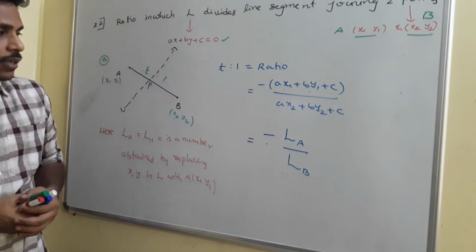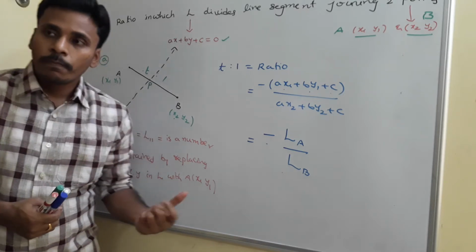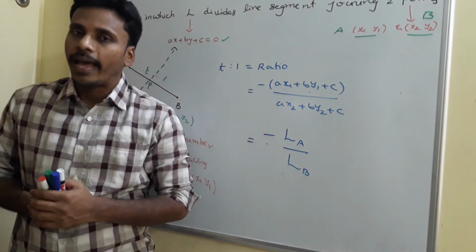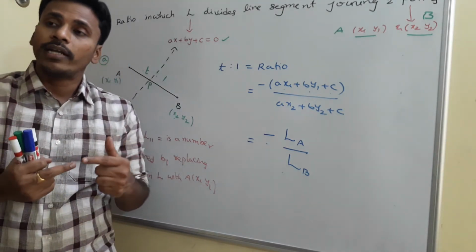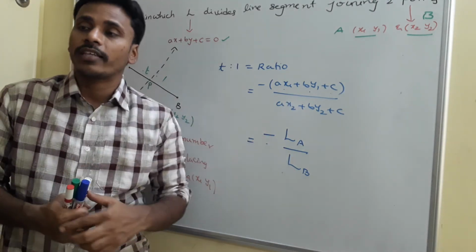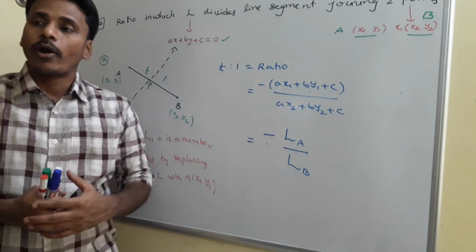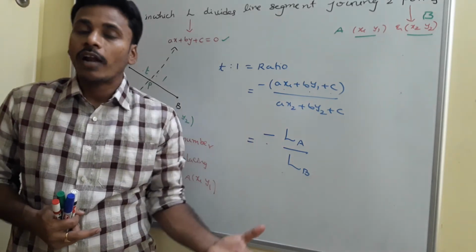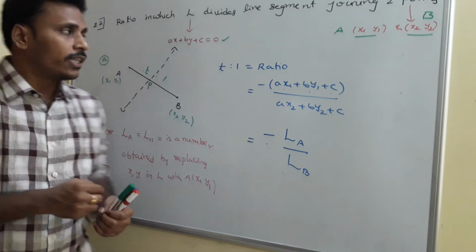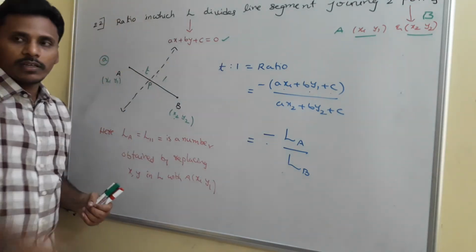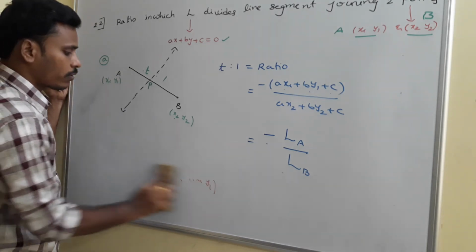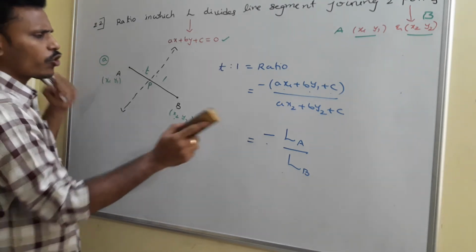Right? And look there. As I told you, we have a line and we have 2 points. There are different possibilities that will happen. Sometimes the 2 points are on either side of the line, and sometimes the 2 points are on the same side of the line. Whenever the points lie on either sides and whenever the points lie on the same side, that's what we need to discuss in the B bit of this 22nd point. Now I am erasing this. You need to concentrate some more, right? At the end the ratio is this.